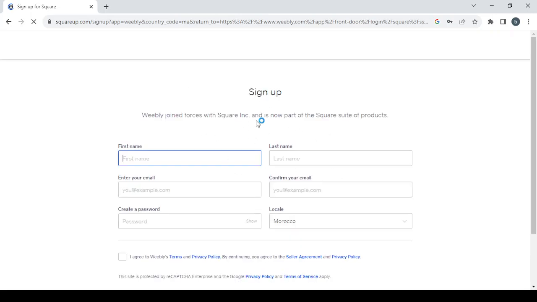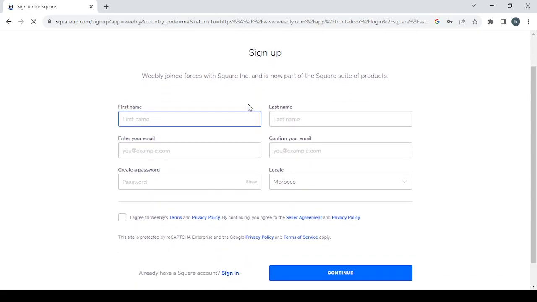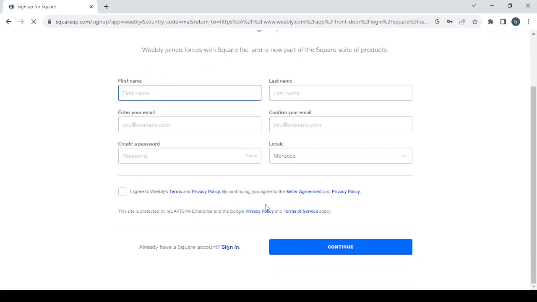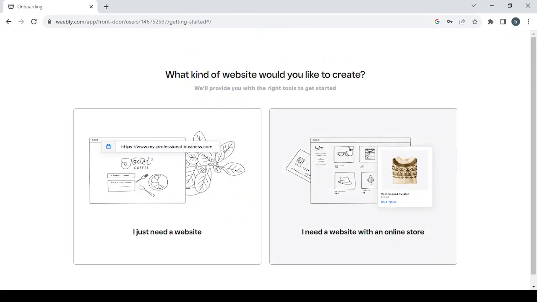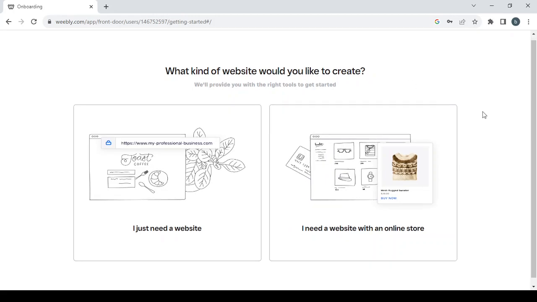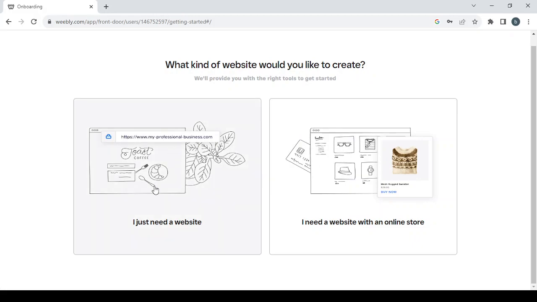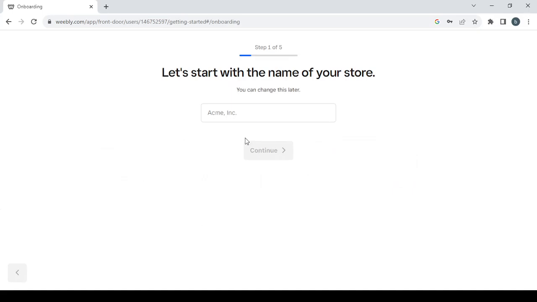So this is pretty easy for everyone. It will just show some information that we need to fill, as you can see, and then we click on continue. So I'm going to fill this information and I'm going to get back with you. After the sign up, we answer this question: what kind of website would you like to create? So here we have two options: if you want to create a website or an online store. So I'm going to go with the online store, which is the second option, and here we need to give